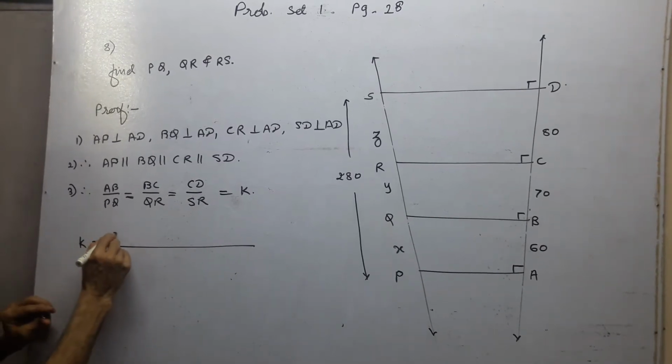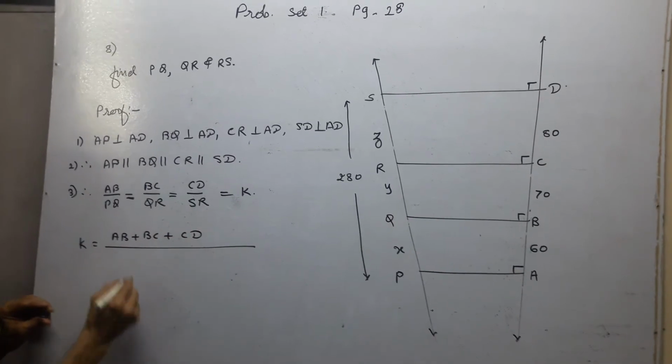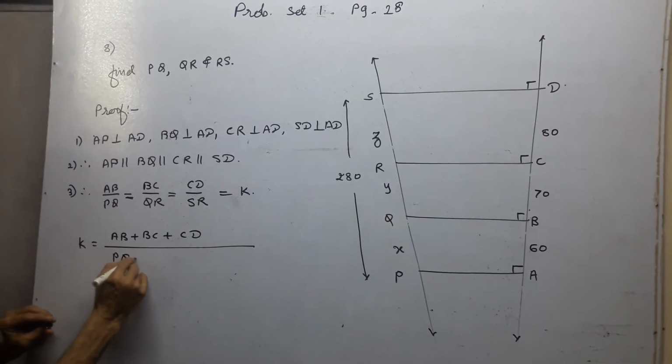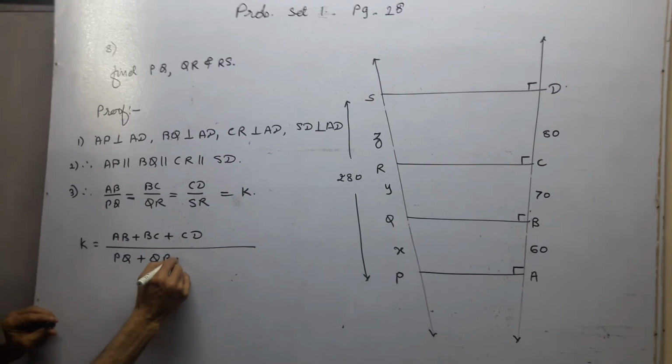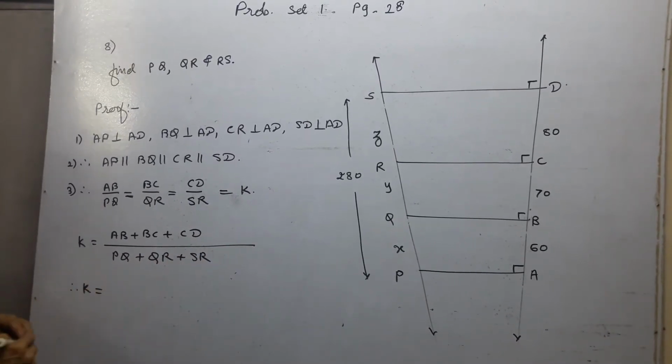So AB plus BC plus CD upon PQ plus QR plus SR, and therefore K is equal to AB,